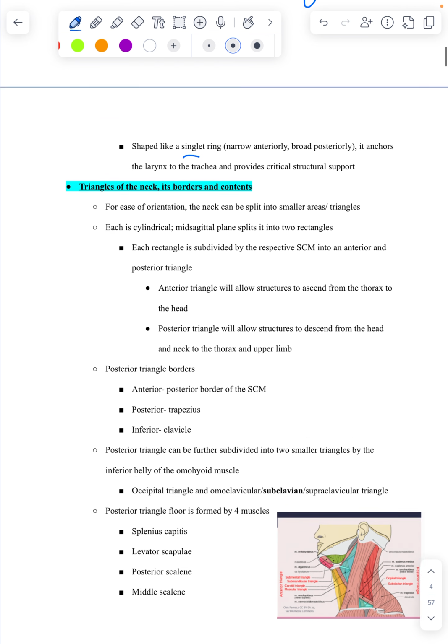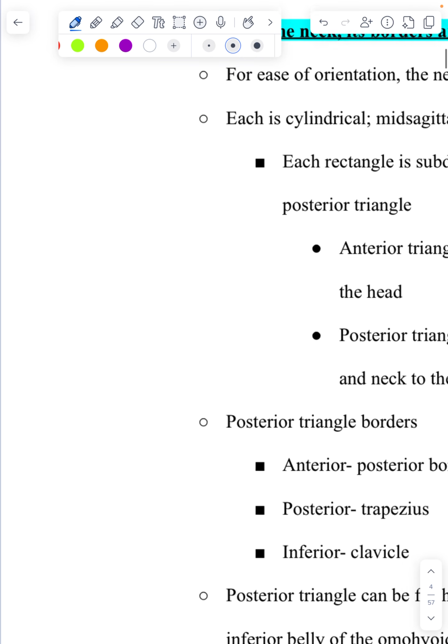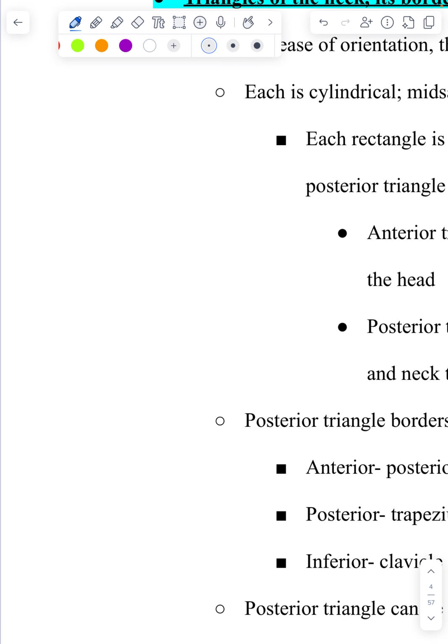Okay. Now, the triangles of the neck and their boundaries, borders, contents, everything. So let's draw this stuff out over here. Let me use this tiny thing. So we said, let's start with posterior triangles. So for posterior triangles, we have,